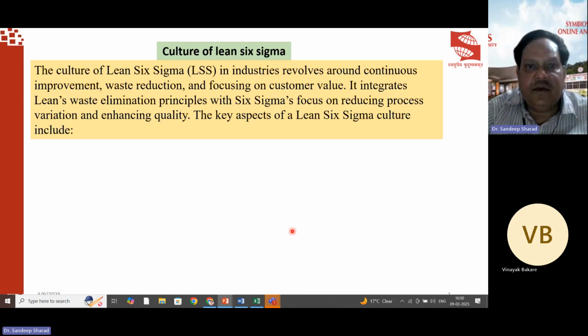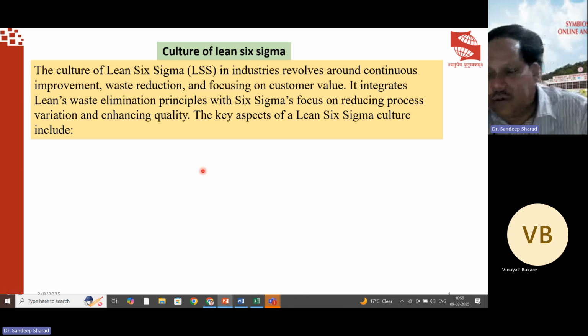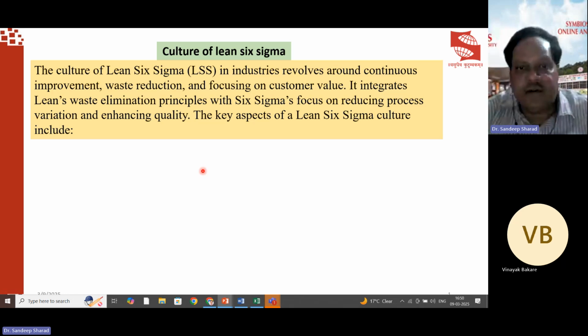Now coming to the next topic: as far as the culture of Lean Six Sigma is concerned, how the culture of Lean Six Sigma needs to be developed in organizations. It is not an overnight journey to develop Lean Six Sigma practices in organizations. The culture of Lean Six Sigma in industries revolves around continuous improvement, waste reduction, and focusing on customer value. It integrates lean waste elimination principles with Six Sigma's focus on reducing process variation and